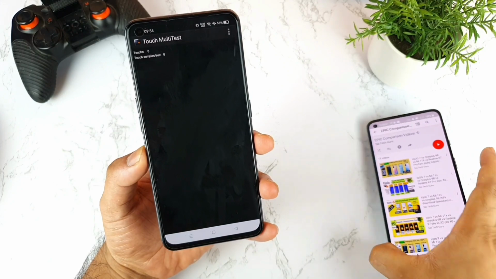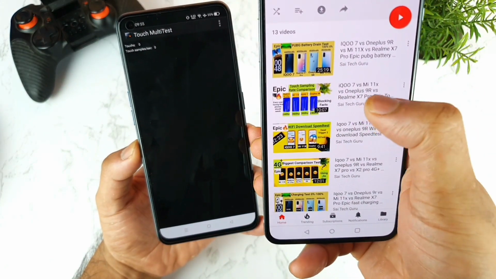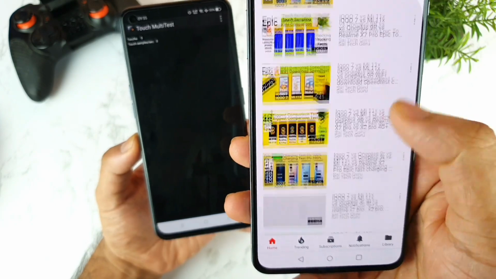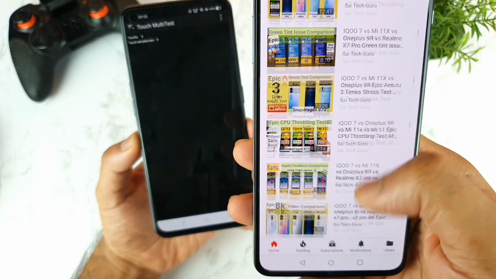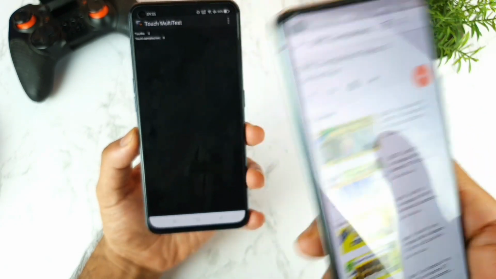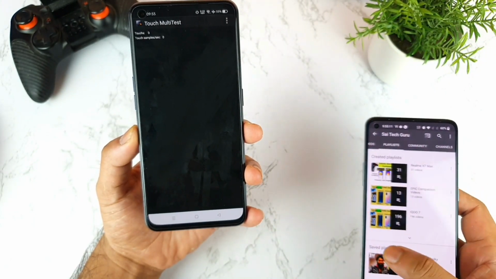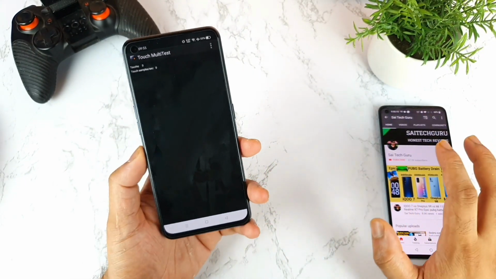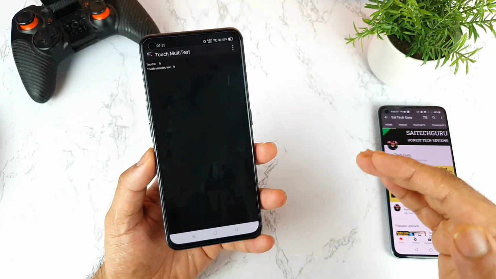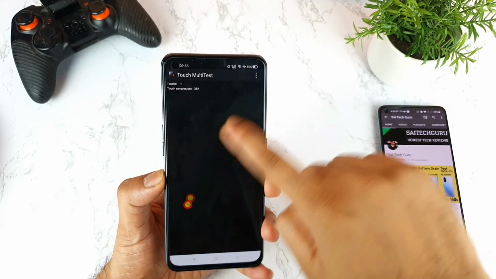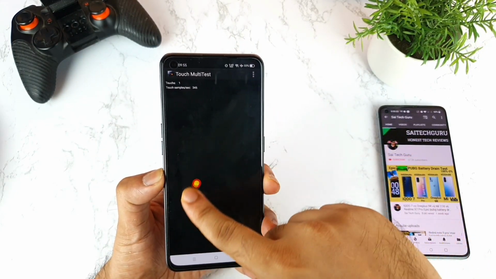If you watch this video, which is a touch sampling rate video, you will clearly understand, I did a comparison with 4 different devices. As you can see friends, there are multiple touch sampling rate videos which I uploaded. You can check those videos. There is even a phone with 480 Hz touch sampling rate, which I have right now. All those phones are completely capable of getting the touch sampling rate the company is claiming, but not this one. As you can see, it's showing only up to 360, not more than that.